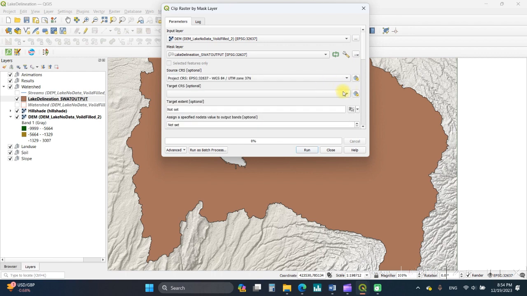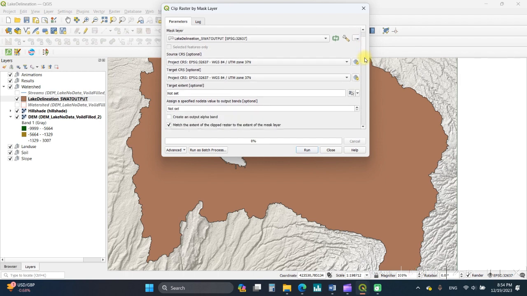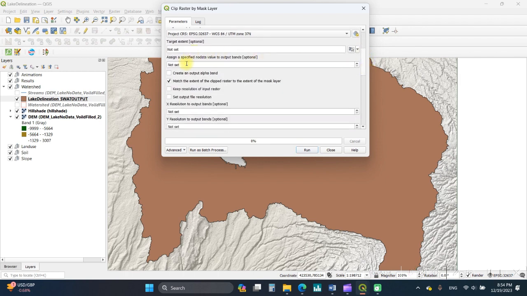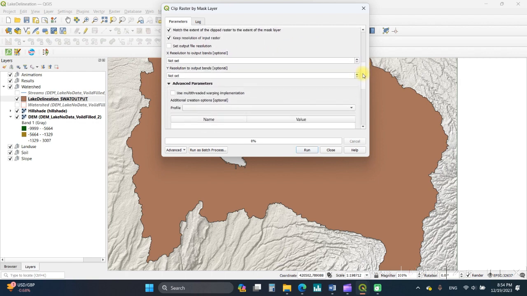I think the CRS should be according to my project CRS, and then at this point minus 9999, and then you can keep the rest as it is